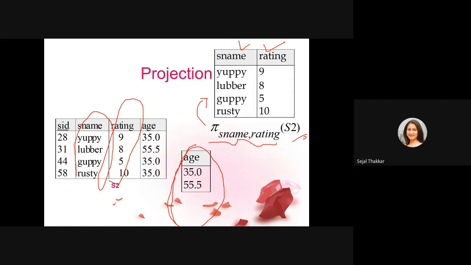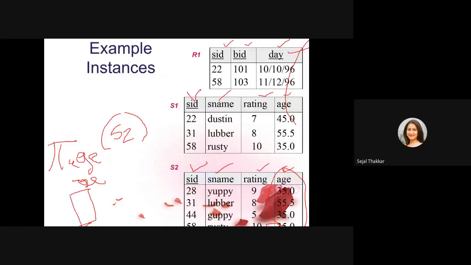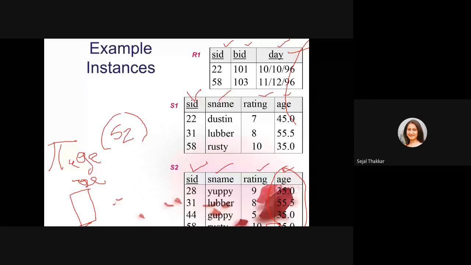Okay. Now you tell me, suppose I want to select columns SID and rating from table S1. Then what will be the query I have to fire, or what is the syntax I have to write down? Any one of you has to reply. I'm interested in SID and rating from table S1. Who will reply? Chalo, unmute yourself and reply. SID and rating you want to select from S1. What should I write?